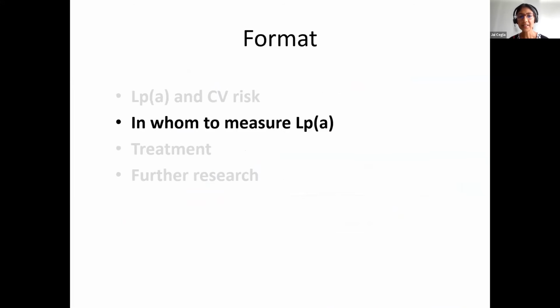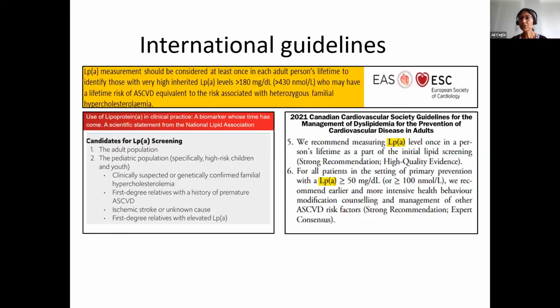Okay, so that's cardiovascular risk and Lp(a). In whom should we measure Lp(a)? Now, the international guidelines are all moving towards measuring Lp(a) at least once in a lifetime in all adults. So talking about screening, sort of universal adult screening for Lp(a). And so the EAS, the European Society of Cardiology, they talk about at least once in an adult's lifetime to